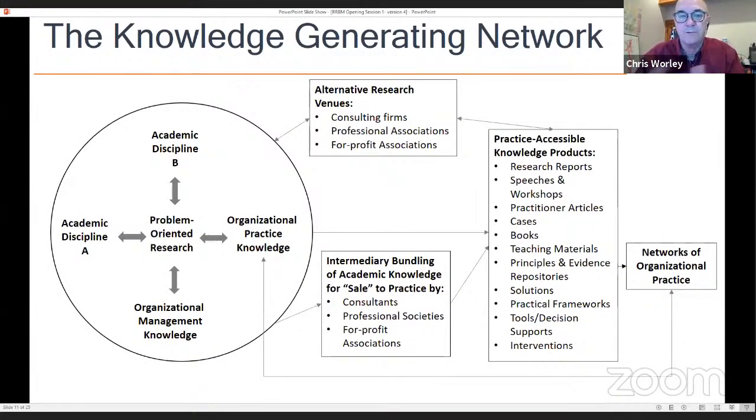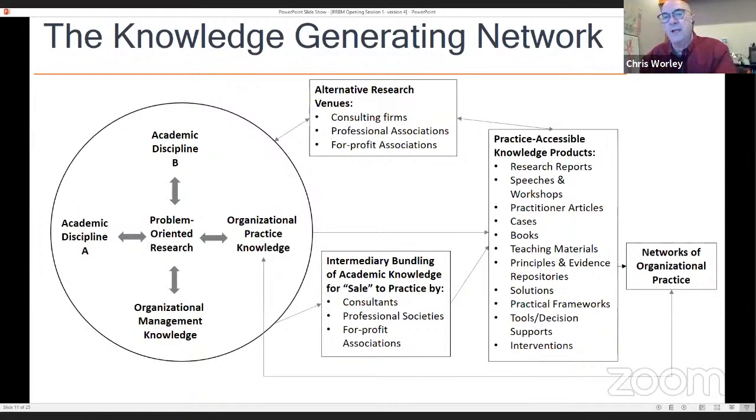We may be parts of research centers or institutes, but our main core identifying place of work is the scholarly community. And we have a set of disciplines: finance, economics, psychology, anthropology, marketing, right? And we sort of get into and understand those issues, and we're trying to generate good scholarly knowledge. That's on the left side.